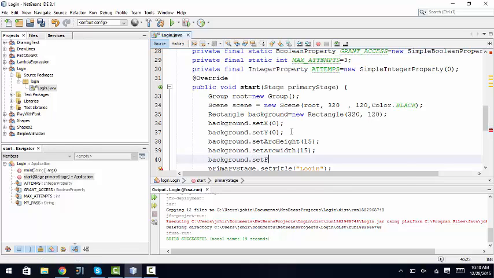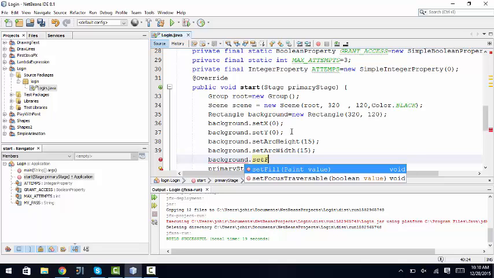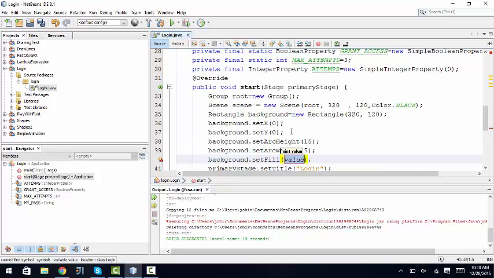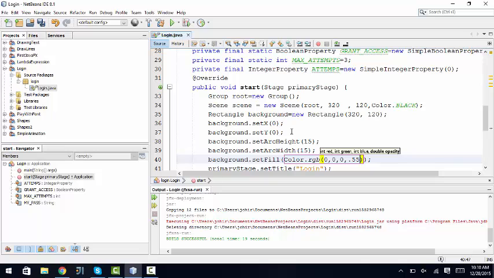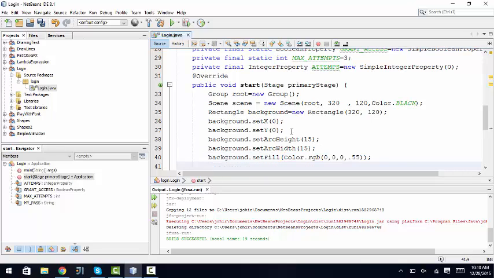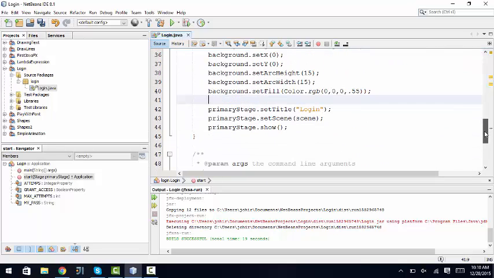Dot setFill, maybe Color.rgb, maybe black, rgb with the value of opacity set to 0.55,